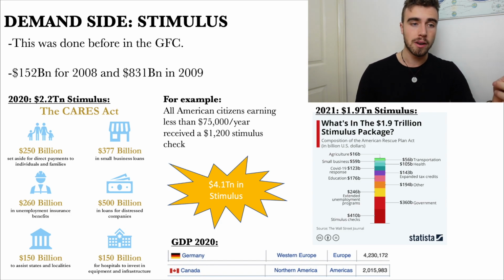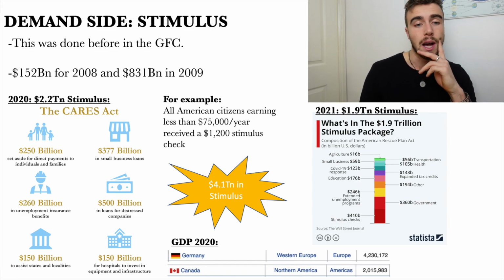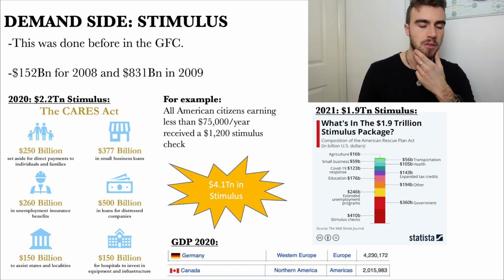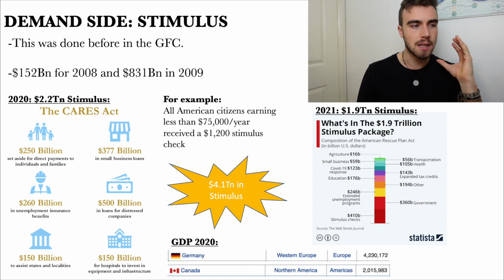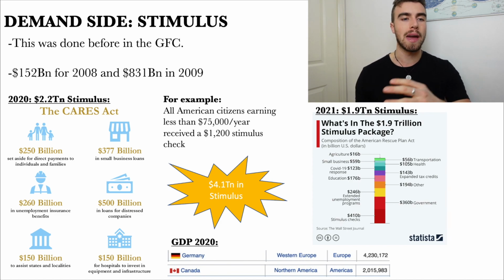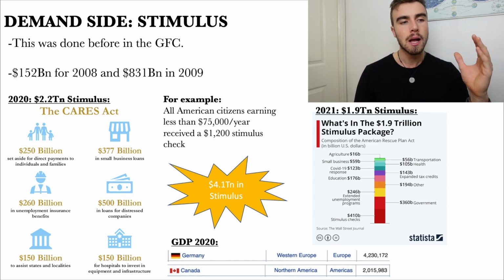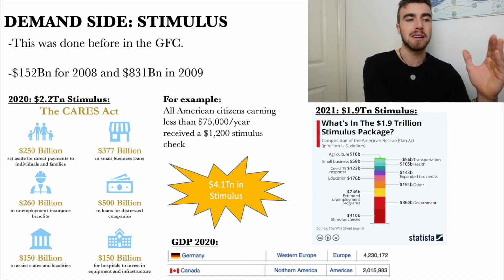Now, we had another one, I think it was in March of 2021, which was Biden's one. So that was another 1.9 trillion of stimulus. And you can see a lot of it consisted of stimulus checks and pretty much the same kinds of things. Now, this level of stimulus package is absolutely immense. I'm not here to debate whether it was right or wrong, or whether they got the level right or wrong. But I just want to highlight it is a very, very significant level.